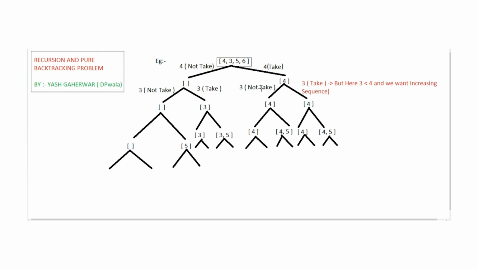And at last we do the same thing for the 6, and at the terminal end, so we can say the leaf nodes of the end numbers, we get all the subsequences that can be generated from the given array, the non-decreasing subsequences. But here is the catch, that in the question they told us that the subsequences must be unique. Means there should not be any repetition of the subsequences.